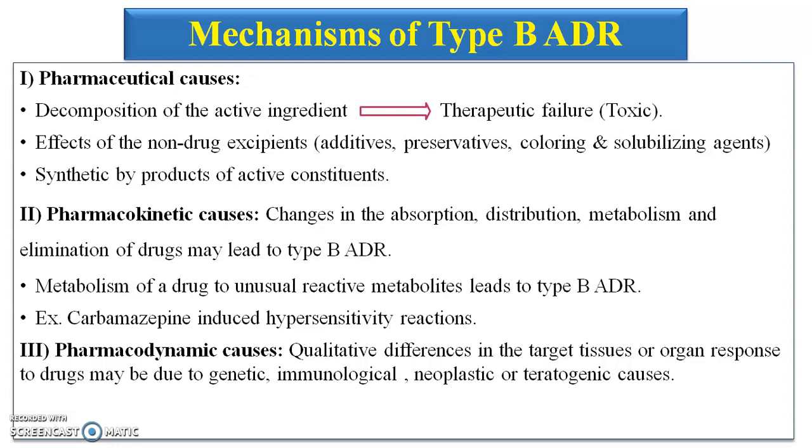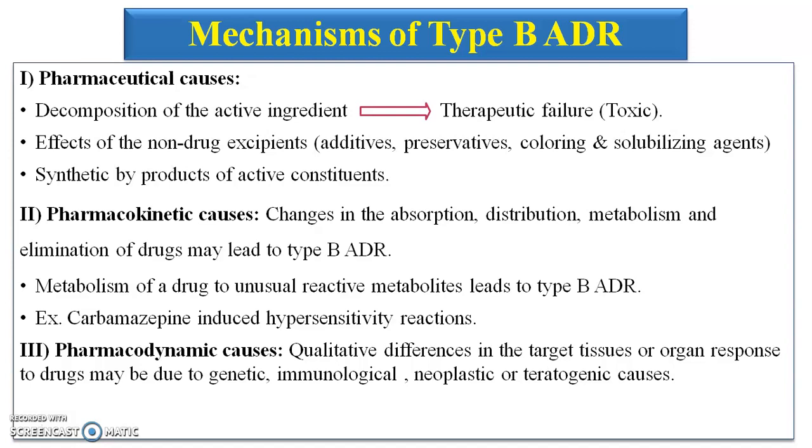And second will be the effects of non-drug excipients. For example, during a pharmaceutical preparation, there are many additives, preservatives, coloring agents, and solubilizing agents which are commonly used. So these particular agents, or stabilizing agents or preservatives, have a chance of interacting with the drug, producing type B reactions. Then third will be the synthetic byproducts of active constituents, where synthetically produced products, when they degrade, have chances of